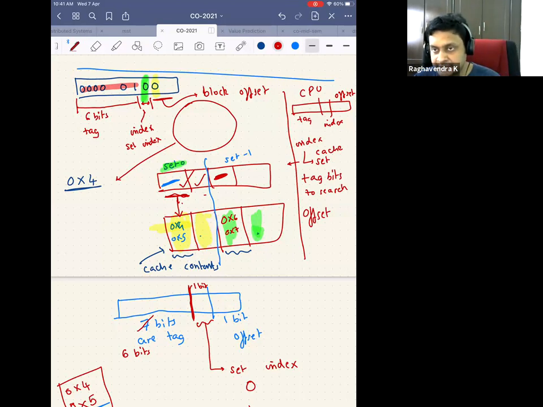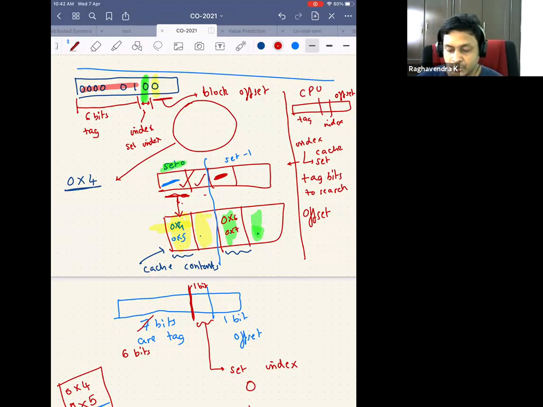So first I use the index bit to go to a particular set. Once I go to the set, I search the tag entries in parallel. If it is a hit, I use the offset bits to read a particular byte and give it to the CPU. So the address is split as tag, index, and offset.